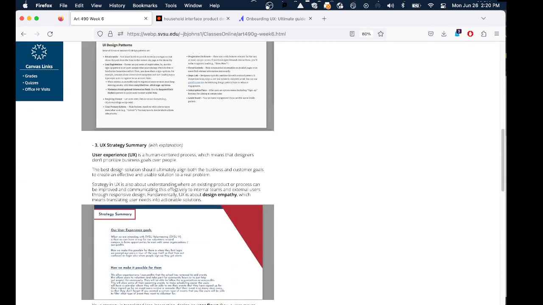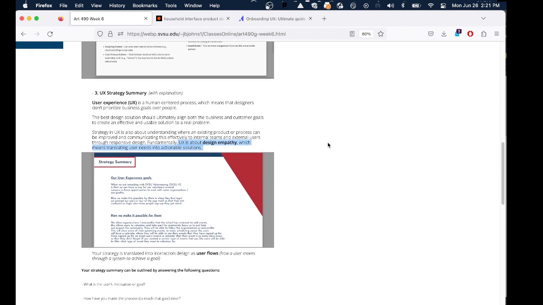Okay, now a strategy. In particular, I want you to tackle this one idea. UX is about design empathy, which means translating user needs into actionable solutions. So again, you have to think, why in the world would a person ever need a screen interface for this appliance?